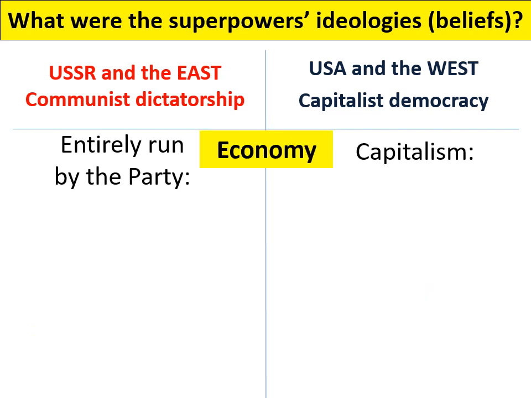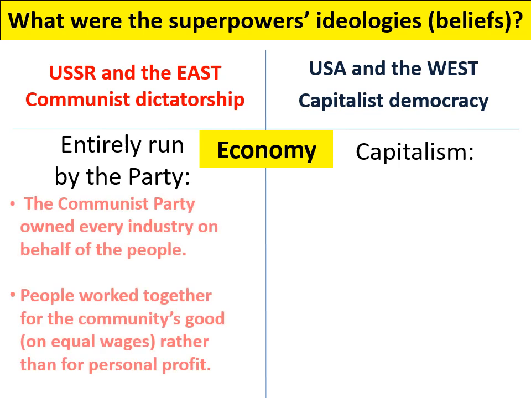So, final slide on this, we're going to be looking at the economic differences. Remember that when we say economy, we mean anything to do with money or business or industry. In a communist country, in a truly communist country, the government, the party, controls the entire economy. In other words, every single part of money changing hands or things being made is controlled by the government. And remember, they are doing this for the people. Everyone in that country should work together for the good of the people.